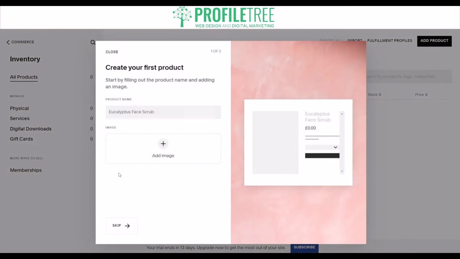So of course there's one there called eucalyptus face scrub, so that would be one of them, and you even get a little area for just a demonstration. So let's just say I did